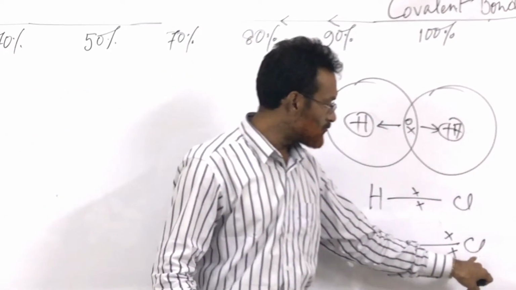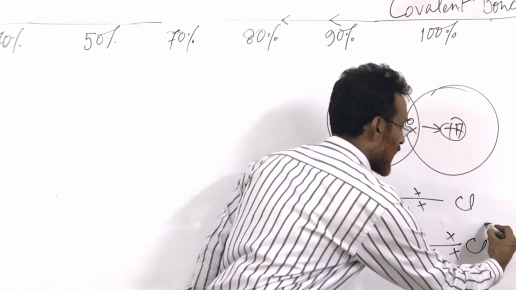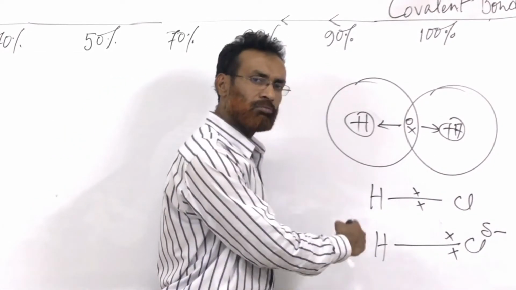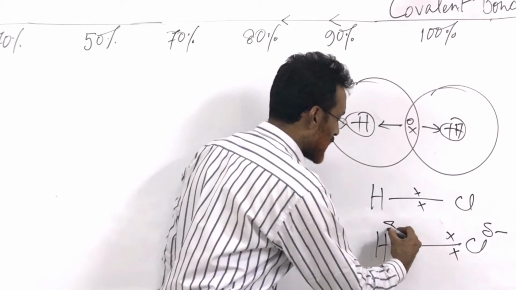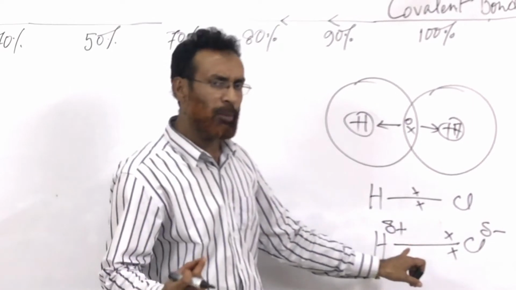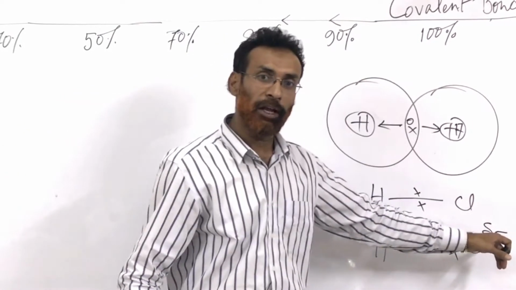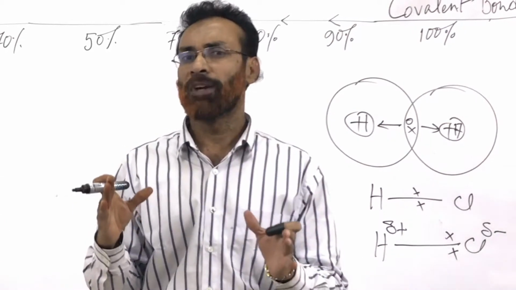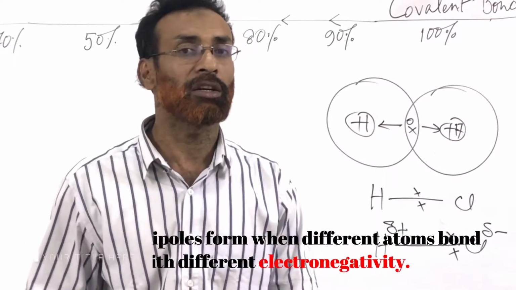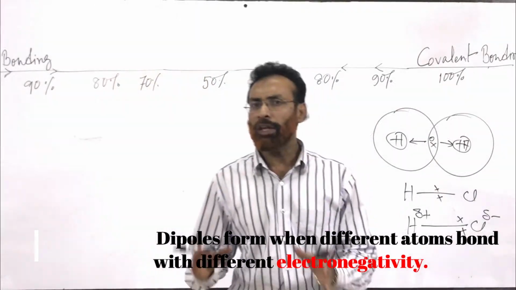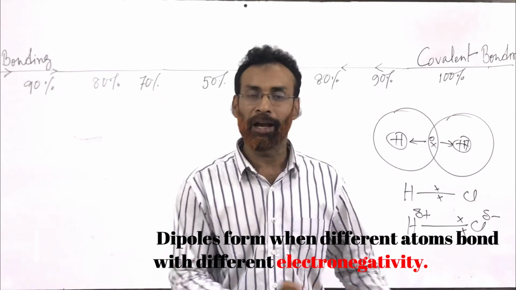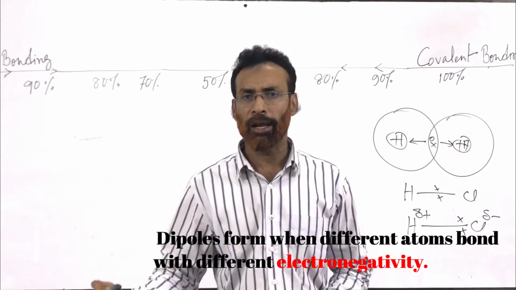That means the more electronegative atoms will have some negative charge, which we call slightly negative, or delta negative, and the less electronegative element will have a slightly positive charge. So here I am giving hydrogen a slightly positive charge and chlorine a slightly negative charge. This is because there is unequal electronegativity of the atoms. The more electronegative atom attracts the shared electron more than the other, so this causes the shared electron to move to the more electronegative atom, forming positive and negative poles